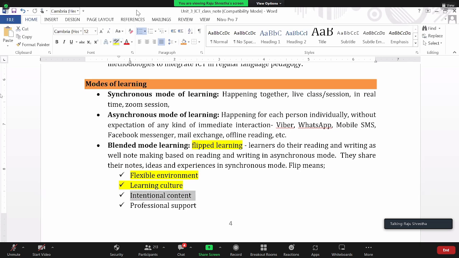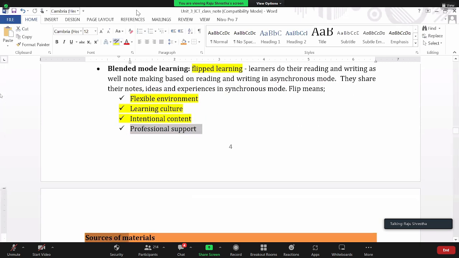Then intentional content means a variety of texts, a variety of activities we can use because they are available. According to our needs and interests, we can select content and read and update. So professional support means